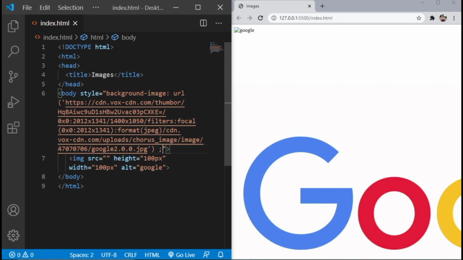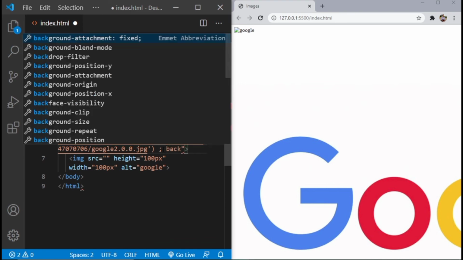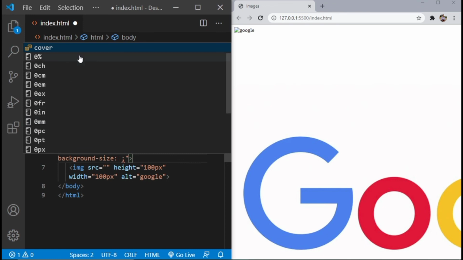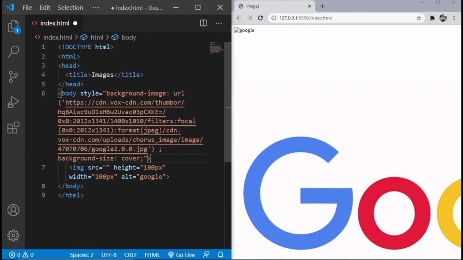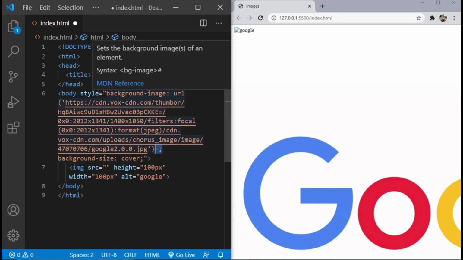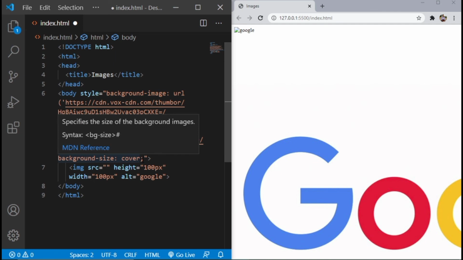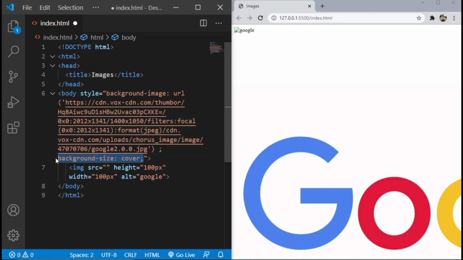Just after this semicolon we will use another property called background-size. So we have to give the value cover. So friends, you have to specify a semicolon after each property so that we can use our new property here. So let's save the file.